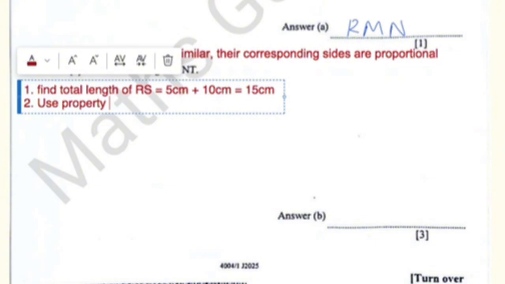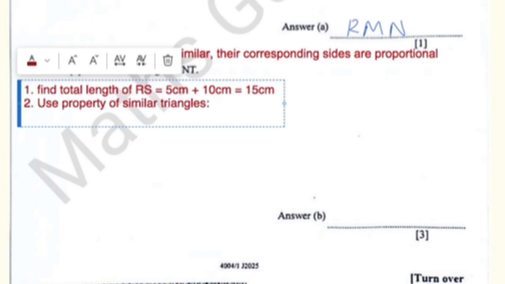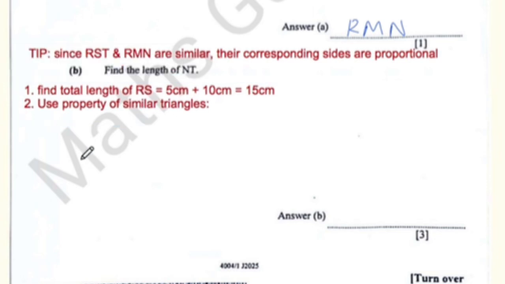Next, we use the property of similar triangles. This is the one that is going to help us to calculate the side that we want. We're going to use the sides that we have to calculate the side that is missing. So take heed and take note. The most important thing you must note is that the sides which you're going to use must be corresponding in the order in which they occur on the 2 triangles. So if we said our triangle RST is similar to RMN,